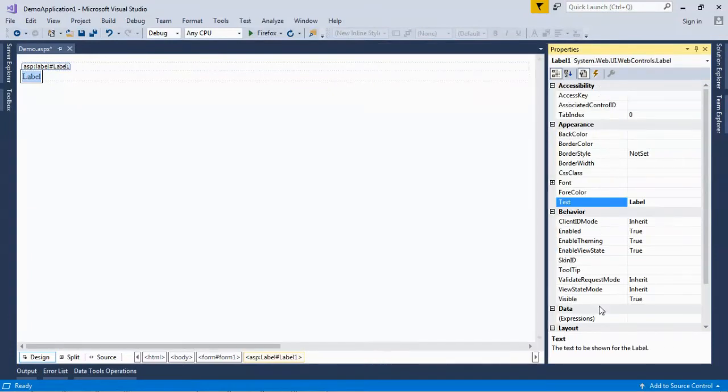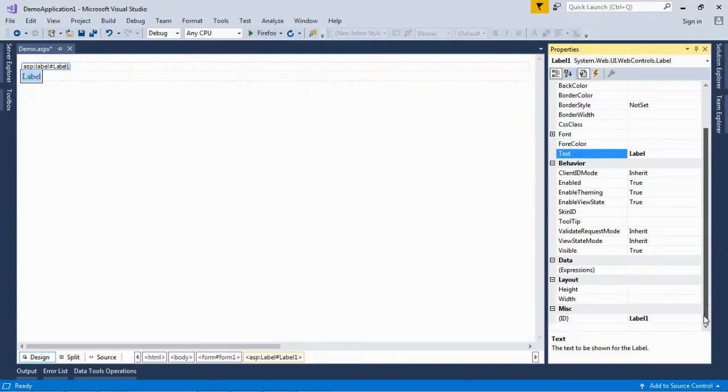These are the properties of that label control. Here we need to check two main things: one is ID and the other is text. Here text is already selected and the text is Label. It is showing on the label control.